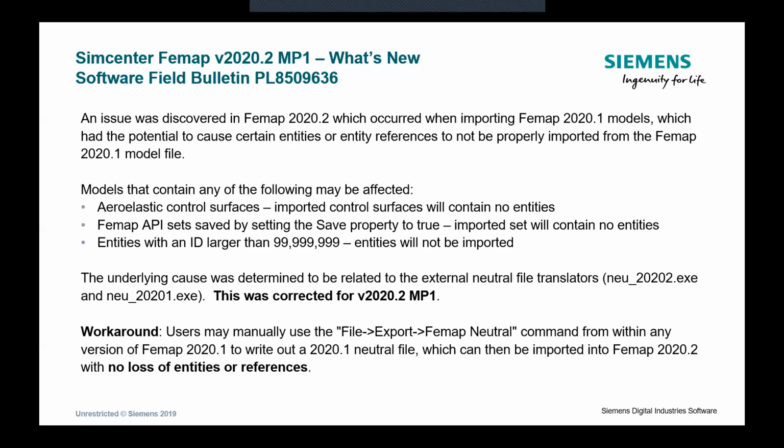It only affected a small subset of models. If your model had aeroelastic control surfaces in it, they wouldn't be transferred. If it had API sets that were saved, that's more of an API thing. But the big one, and this is how we found this problem, was that if you did have an ID larger than